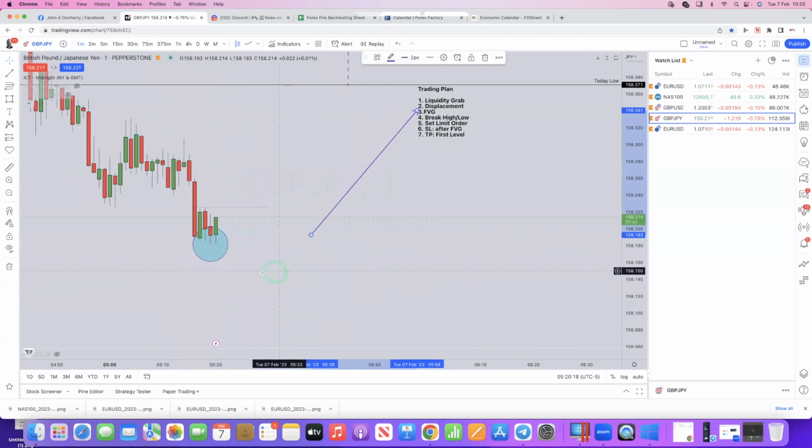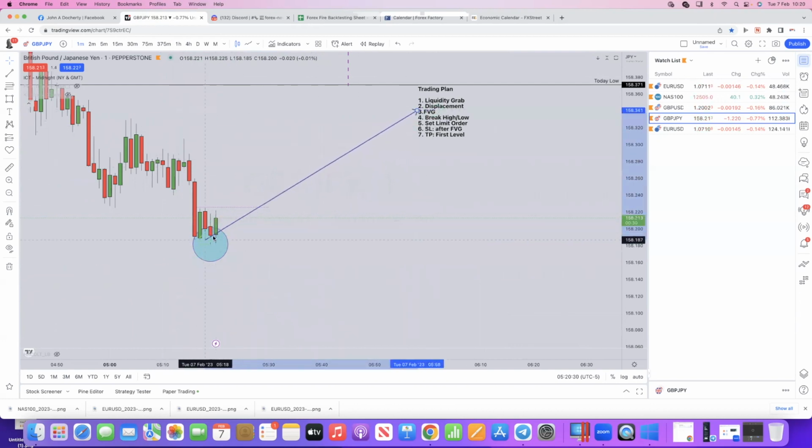Let's just see what happens on here. And again, I don't want to enter the trade because it's just been Bank of England news, but we're just going to set this one up to see what it would have done, okay? So again, we're anticipating the next step, which is the displacement. So we're waiting for the push to come back through this area. We've got around about 25 seconds left. We'll see if we'll get the push up